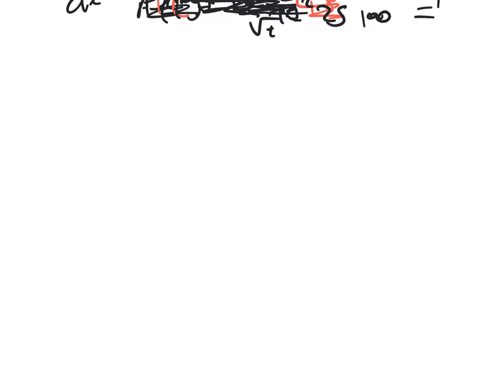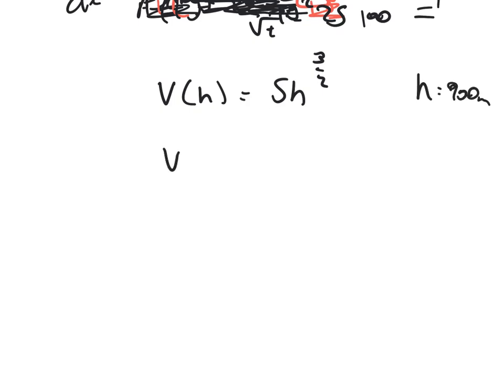The volume of water in millilitres which overflows from a weir is calculated using the formula V is equal to 5h to the power 3 over 2, where h is the height in millimetres of the water above the weir. Calculate the rate of overflow when the height is 900 millimetres. Okay, so 3 over 2 times 5 is 3 halves times 5 is 15 halves, and that's h to the power